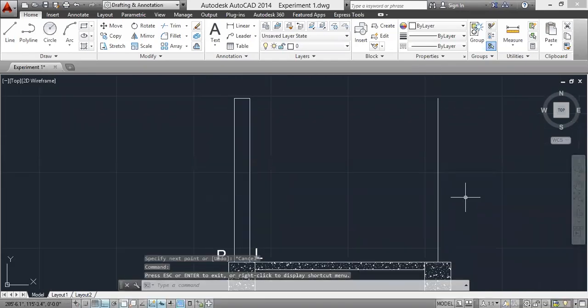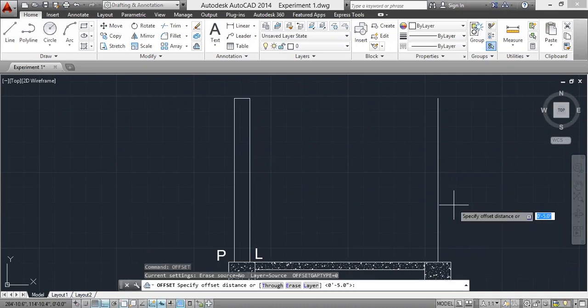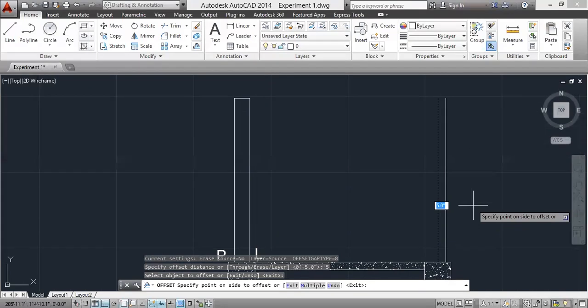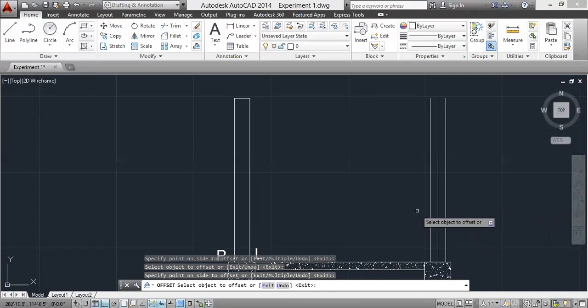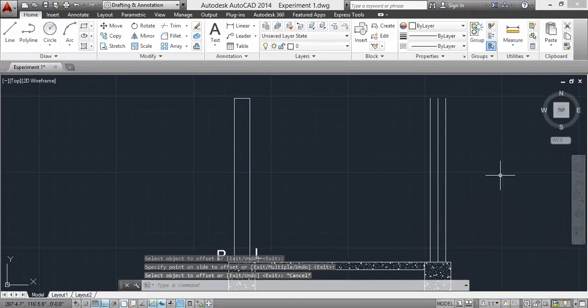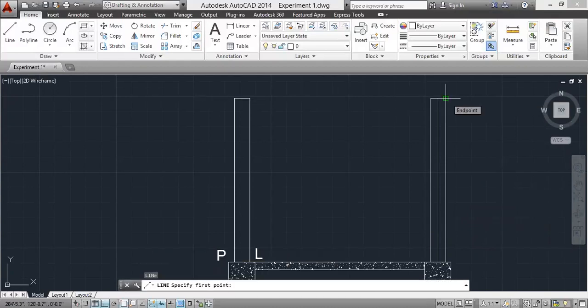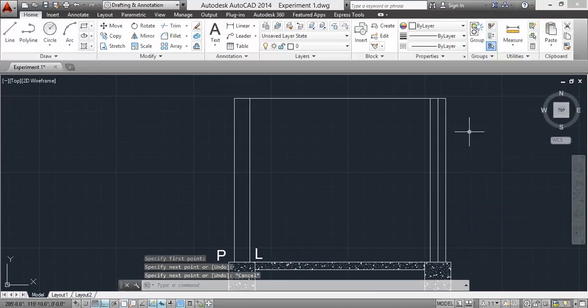Okay, the wall thickness is 10 inch. Now we should give offset 5 inch on right side and left side, right? Now close these two, L enter. L enter, select this and close here. Now delete this dummy line, right?